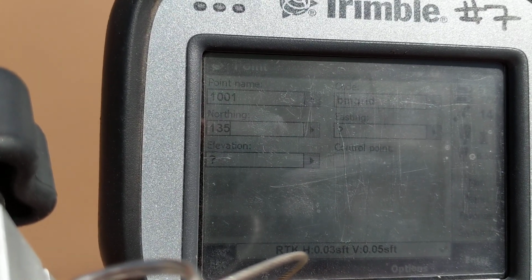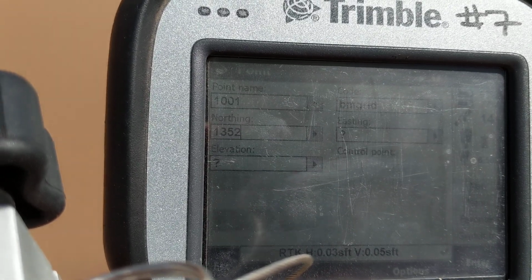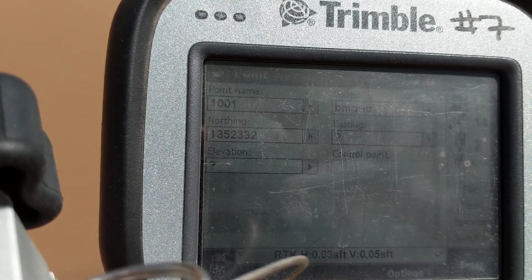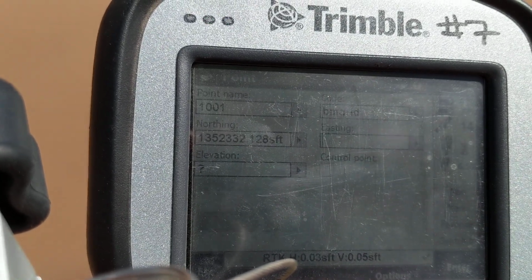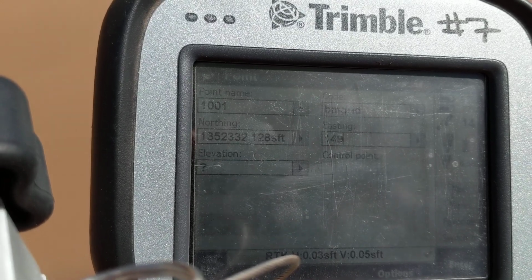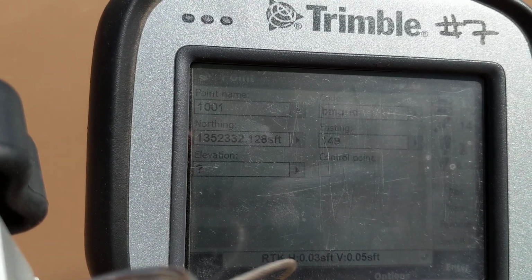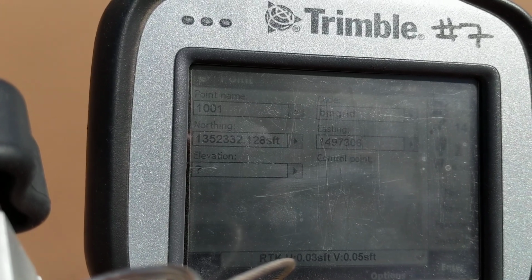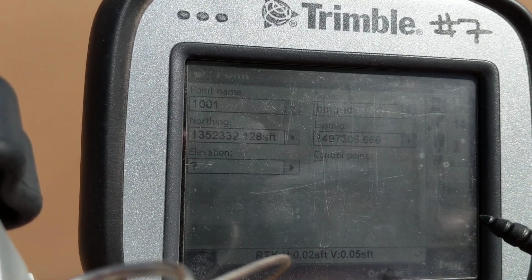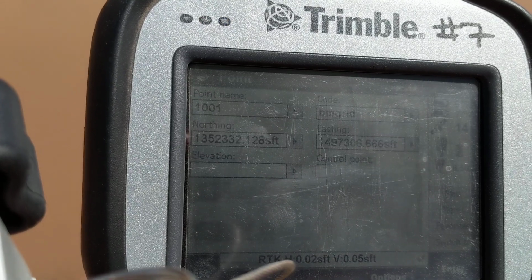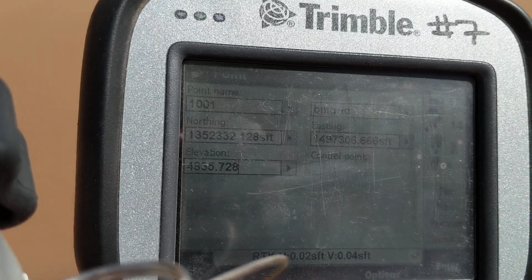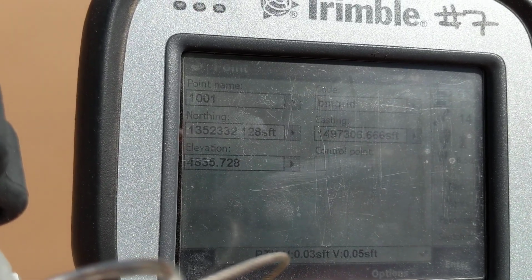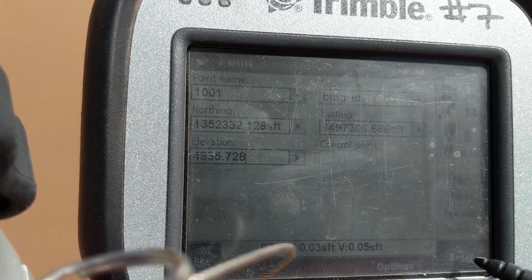The northing on this one is 135.2332.128. The easting is 149.7306.666. The elevation is 4835.728. So that's my benchmark that I shot yesterday. Those are the grid coordinates. I'm going to click enter,